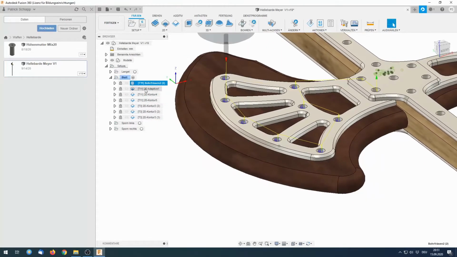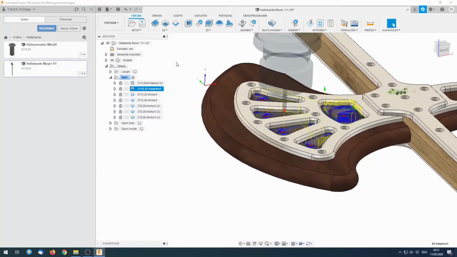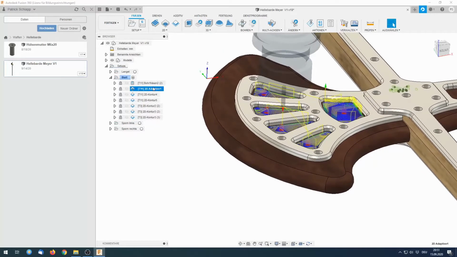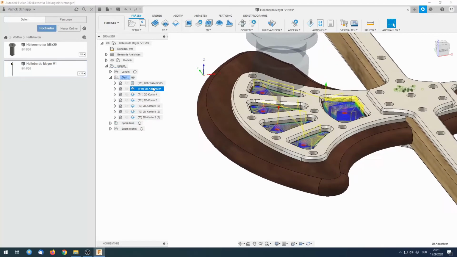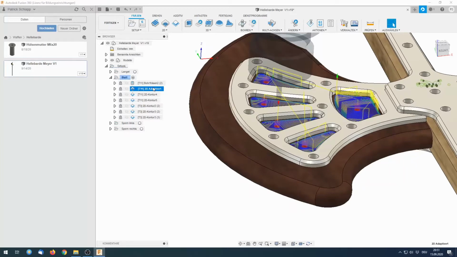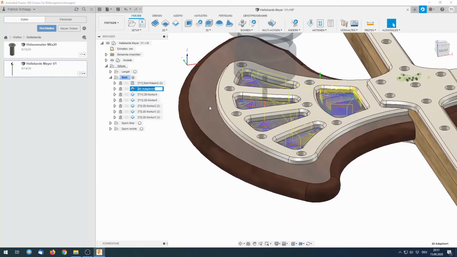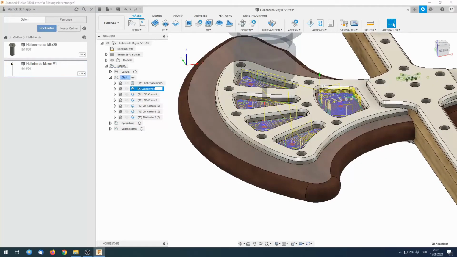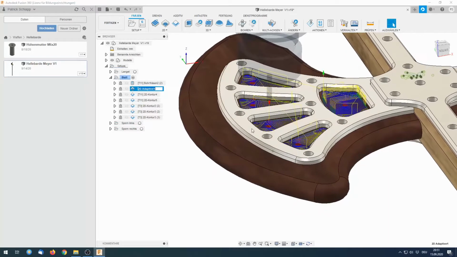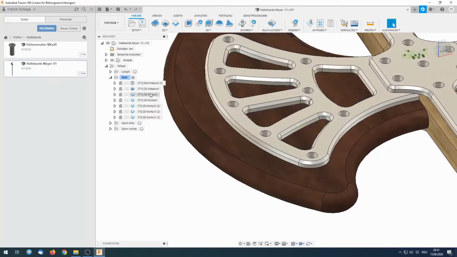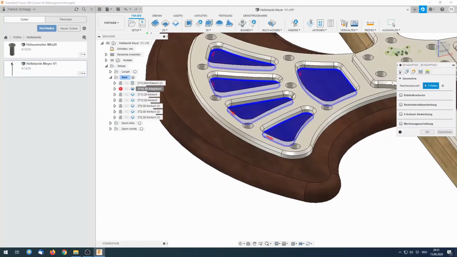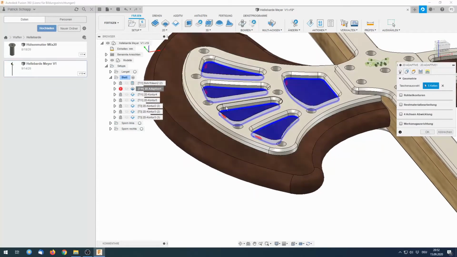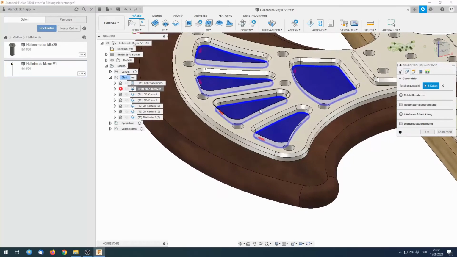So close this, and then there is another very interesting operation that is really the bread and butter operation in CAM, or the operation that does the most work for me, and this is 2D adaptive clearing. And you can already see where the toolpath cuts out these pockets. 2D adaptive is cool in this respect because I only need to tell the machine where the pockets are that need to be machined away, and